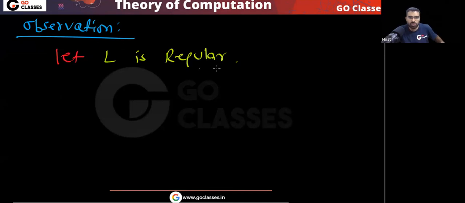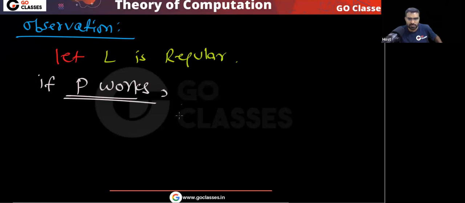Now you notice one thing. In this L, I am saying if P works. Let's assume P is working. I am telling you that P is working. You don't have to check. I am telling you it is given that P is working. Okay, is this point clear? Now tell me one thing. In this language, P is working. If